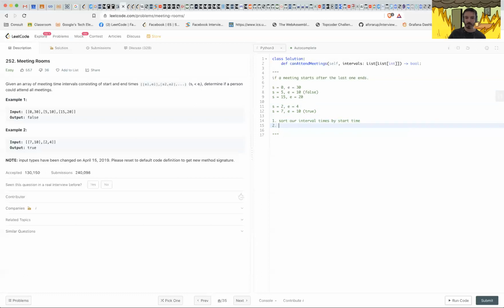Then the second thing we need to do is keep track of the last end time. So we start a meeting and we need to keep track of its end. When we start the next one, we need to compare it with the last end time. And like I said, this is a bit of an overshoot, but we're going to use a heap here. We're going to use something called a priority queue,